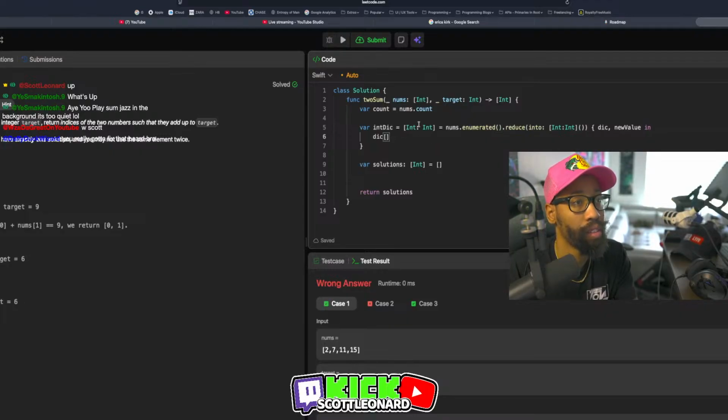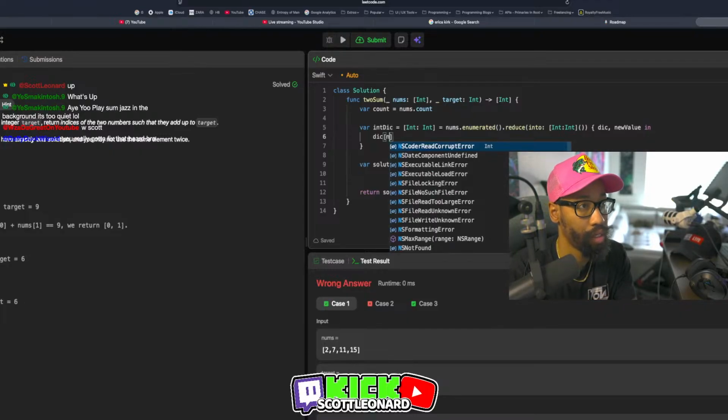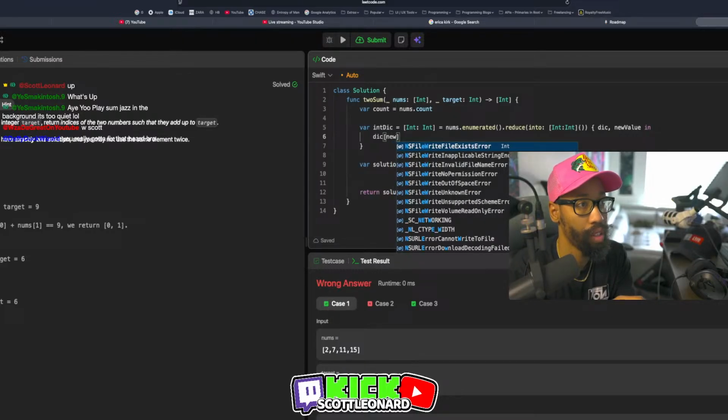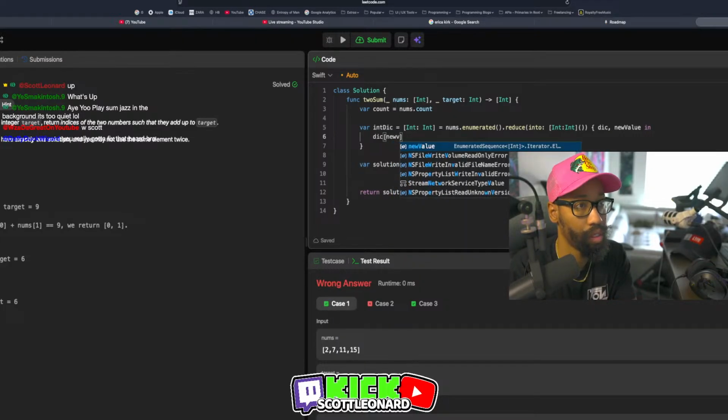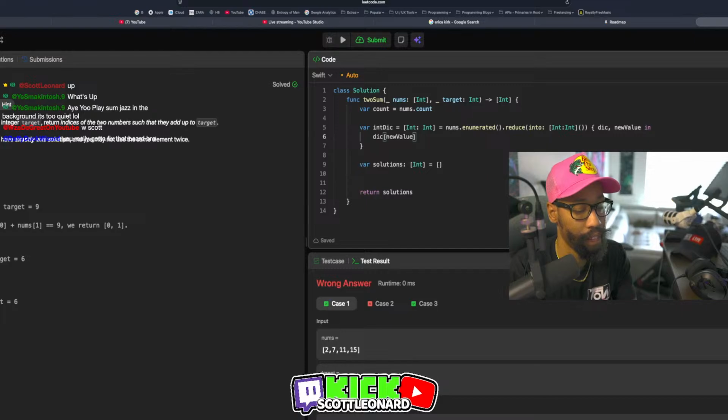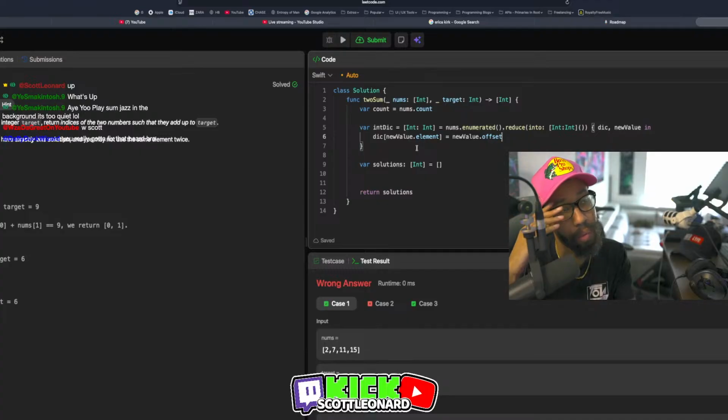Okay. And then I'm gonna put the new value dot element, new value dot offset like that. But this is not gonna work maybe either because